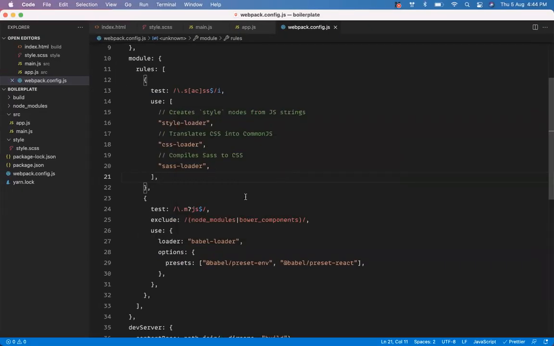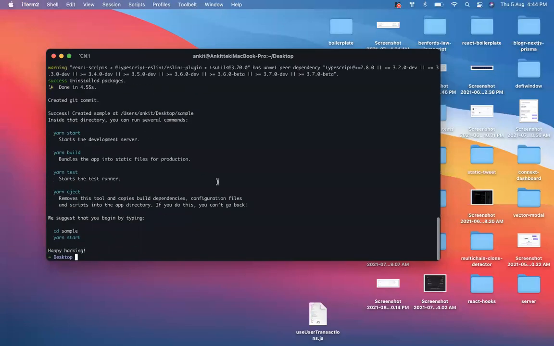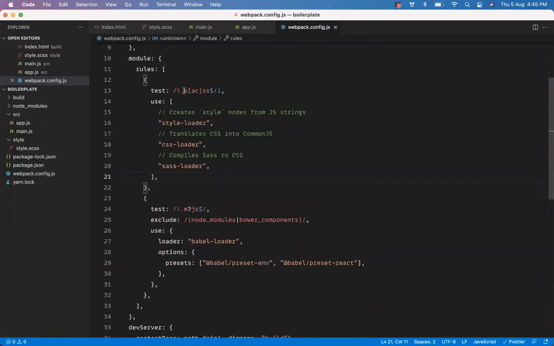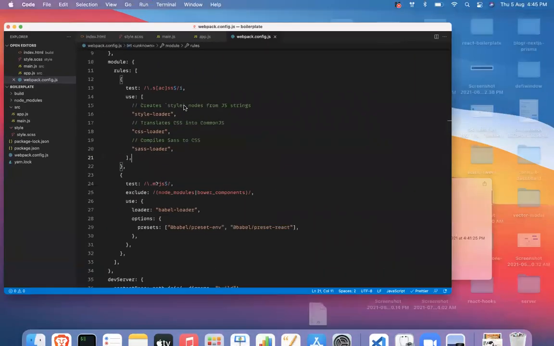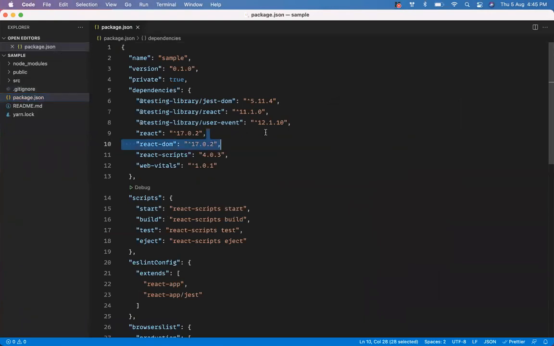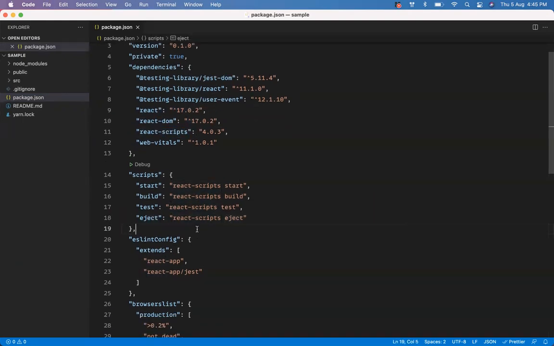So the difference is this. This one does not have that many new features or new things added already, and because of that, it is small. But if you look at the sample, you will see that it has a very similar thing. It's just that it is much more organized, and everything is living inside this special thing. Look at our packages: we have React, React DOM. They have a special thing called React scripts, and it has a feature called react-scripts eject.